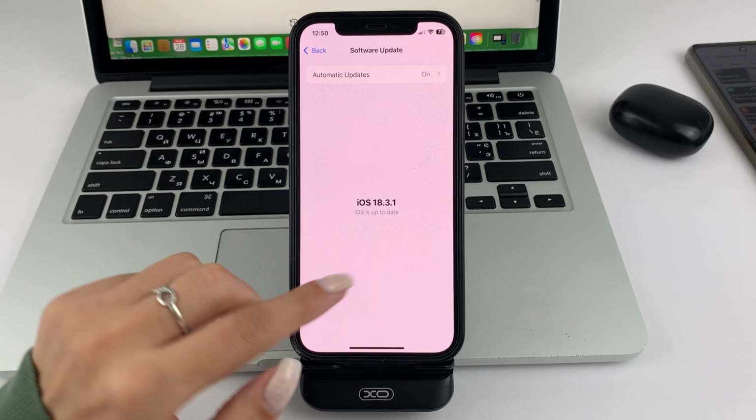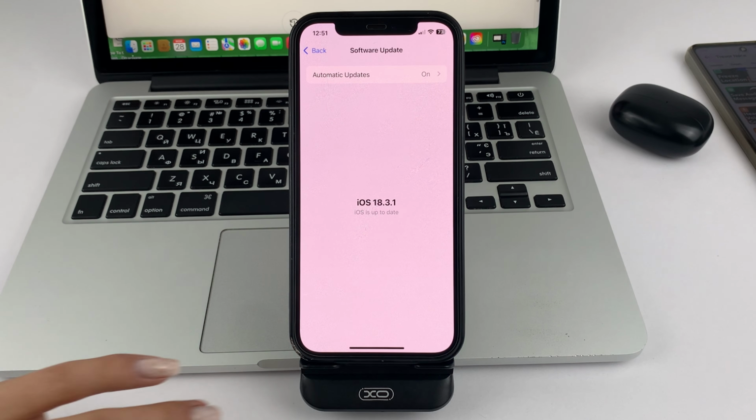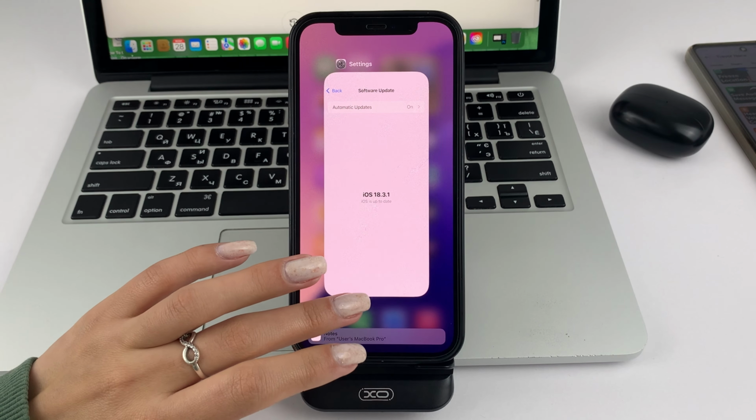See, if you have a system update of iOS 18.1 or higher, you'll get the same page as I did. If not, you will be prompted to update to the latest version, and you will be required to do so. When you update your iPhone to iOS 18.1 and above, then you can safely go and make call recordings